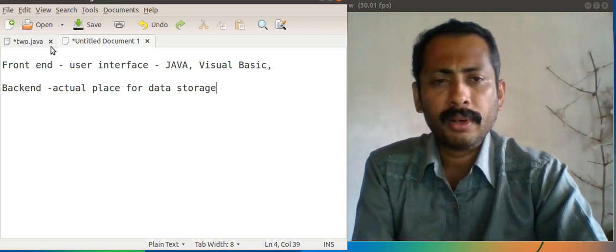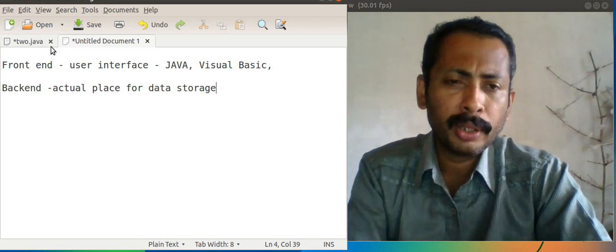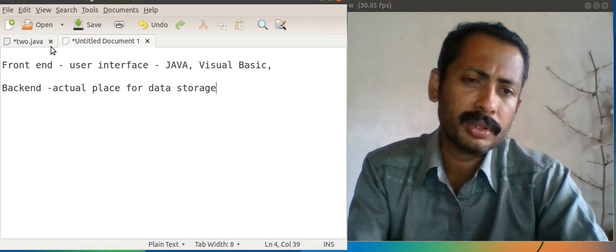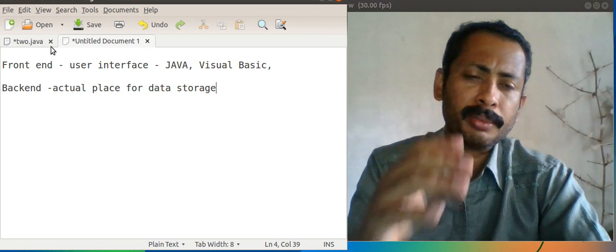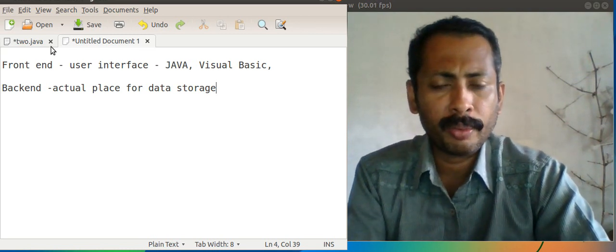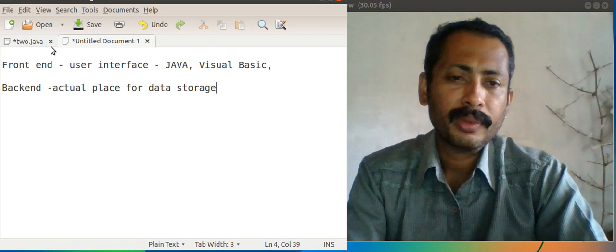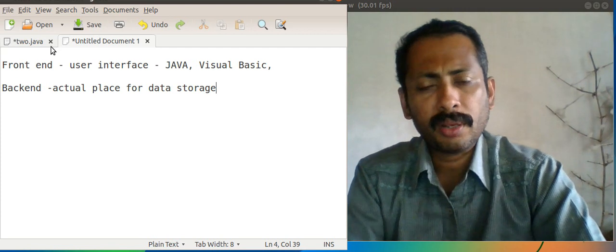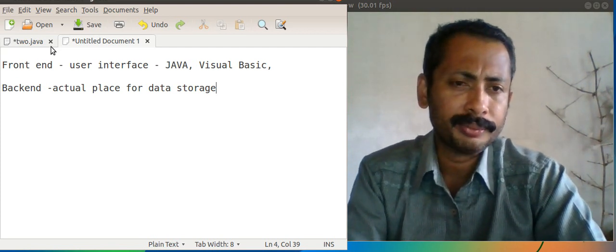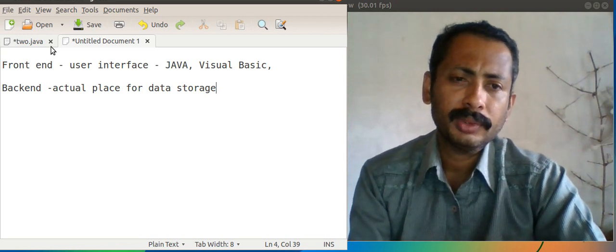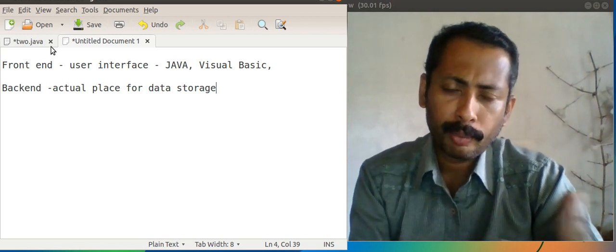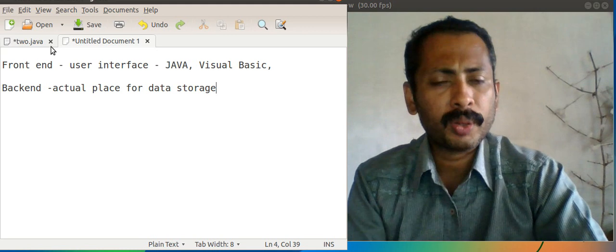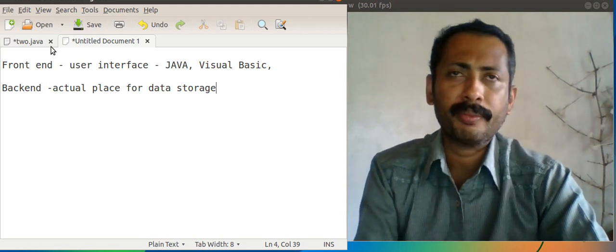So today I am telling you to collect or contribute some real-time systems like this. As an example, I told you about a medical store. Likewise, it can be either offline or online. What is offline? What is online? Offline system means I have a computer, I have my firm, I am operating my software in my computer for the automation of my firm. That is offline.